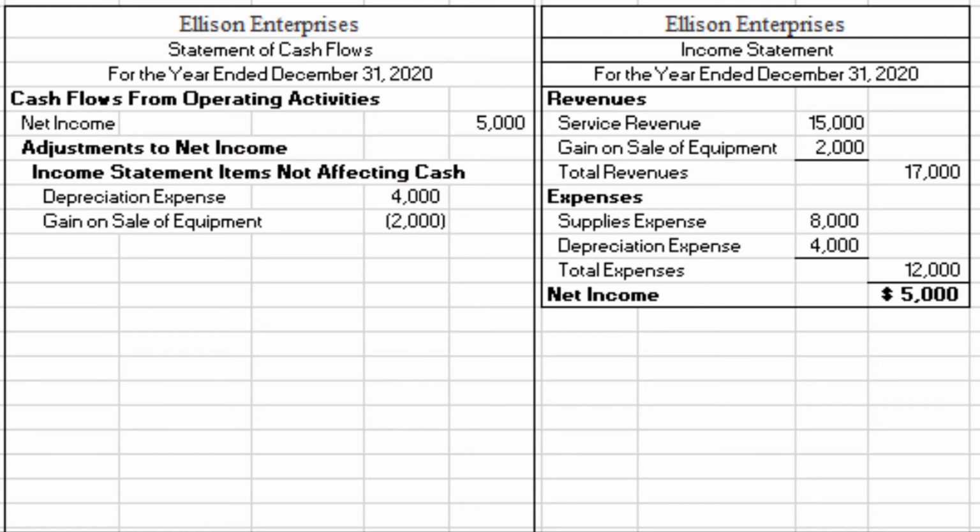And if we take a look at the income statement, we can verify that we have taken care of all of the non-cash expenses and gains or losses unrelated to operating activities. So we would be finished with the first part of the operating activities section of the statement of cash flows and ready to move on to the next part, which we will discuss now.